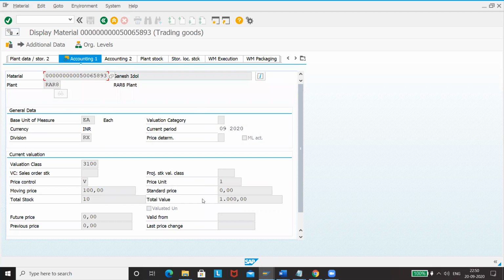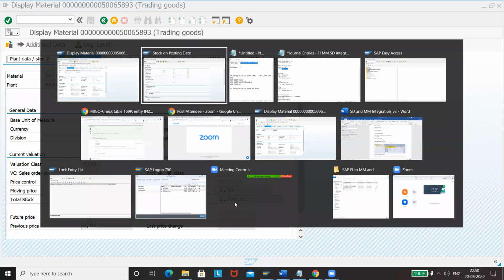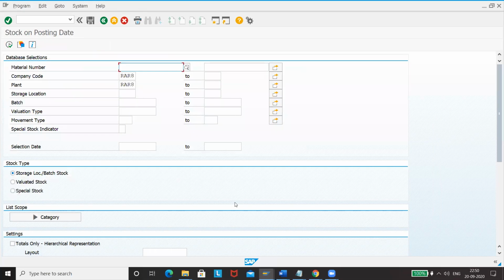And then the value of these goods is 100 into 1000. I showed you one setting, the MMBE transaction.